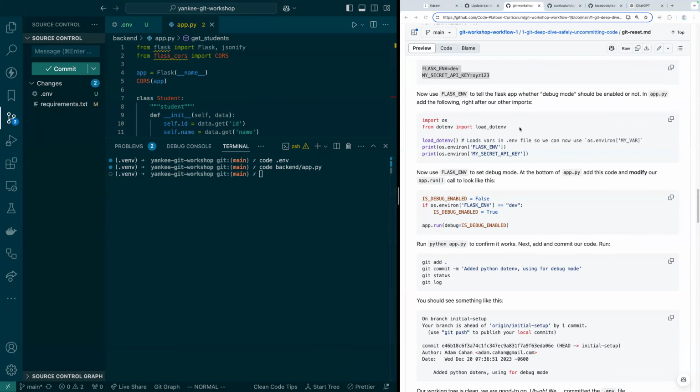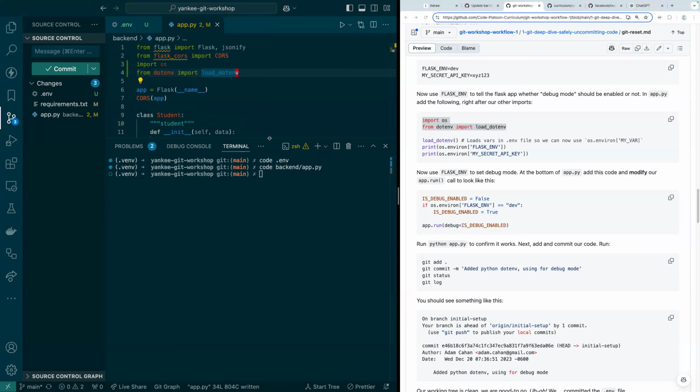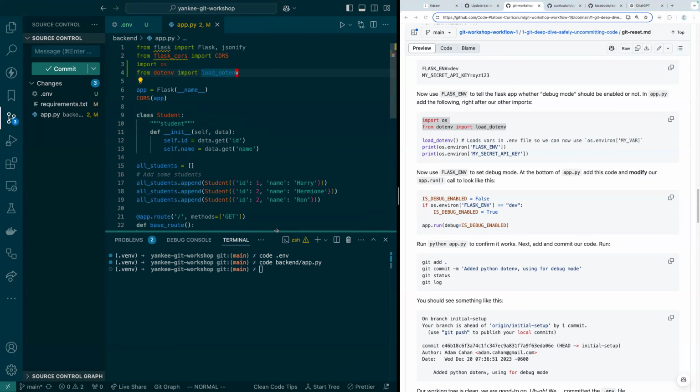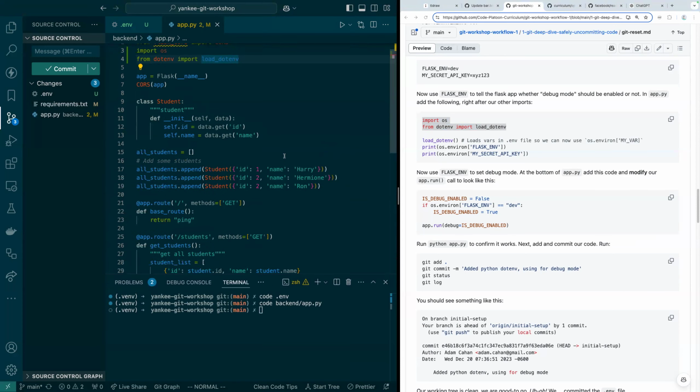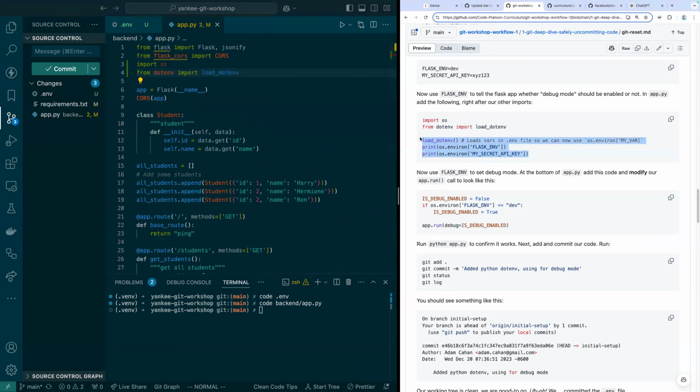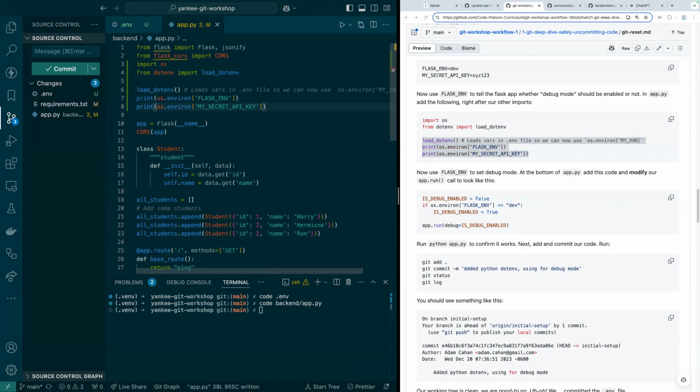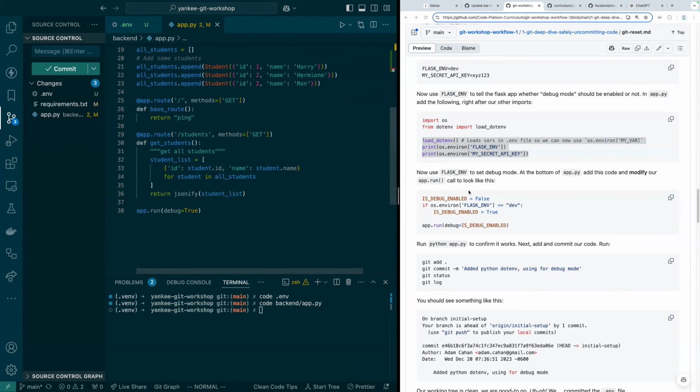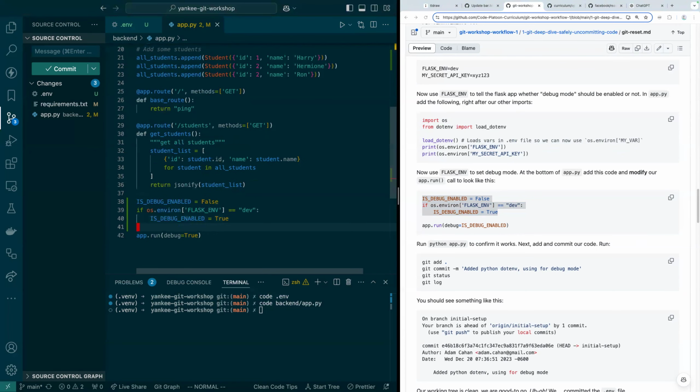And like I said, I'm just doing a little bit of copying and pasting here. Our Flask app is now going to use the python-dotenv package. We're just going to add some stuff to load stuff from the .env file and print stuff out. And then what I can do all the way down here when I run my app is check from the env file